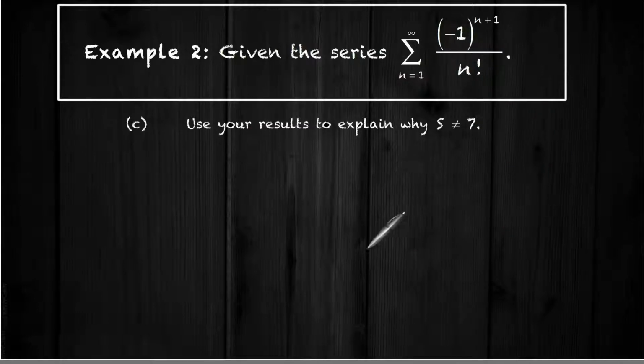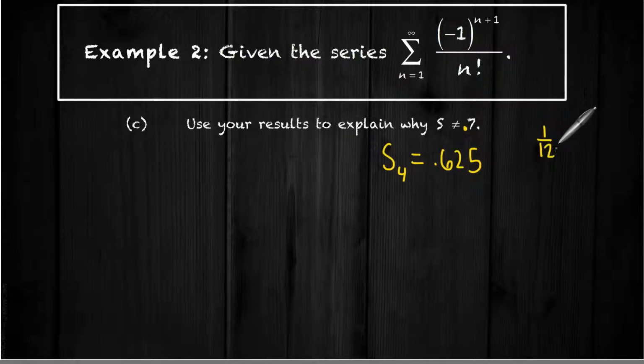Okay, part C says use your results to explain why the actual sum S could never be 7. And I believe that probably should say 0.7, but it doesn't really matter. Use your results to explain why the sum could never be 0.7. Well, we found that our first 4 terms were 0.625. We found that our first neglected term was 1 over 120, which is